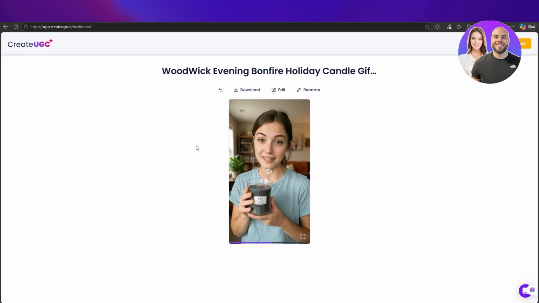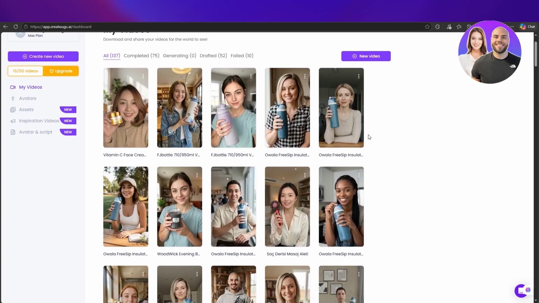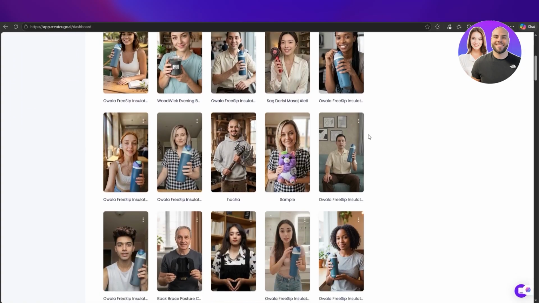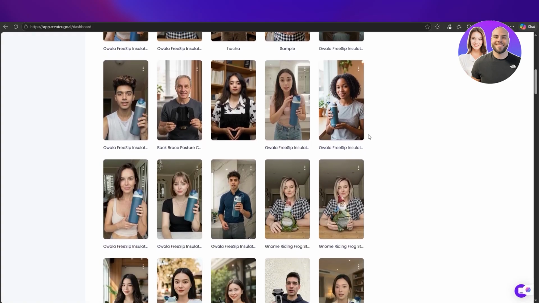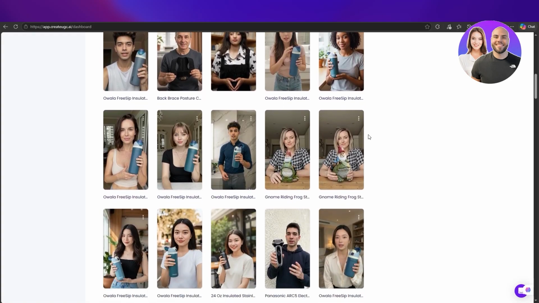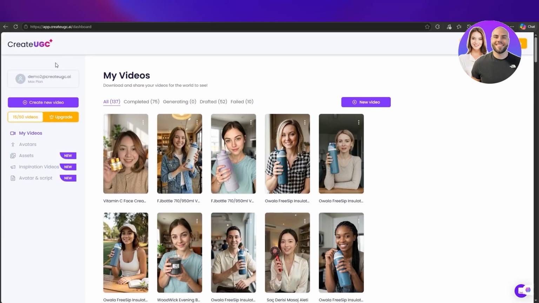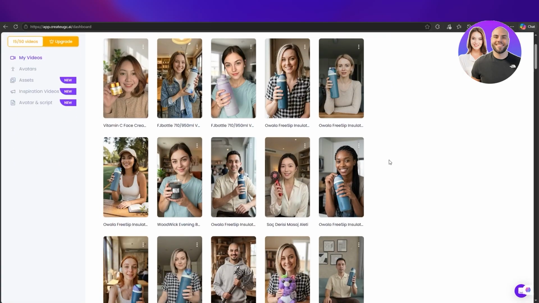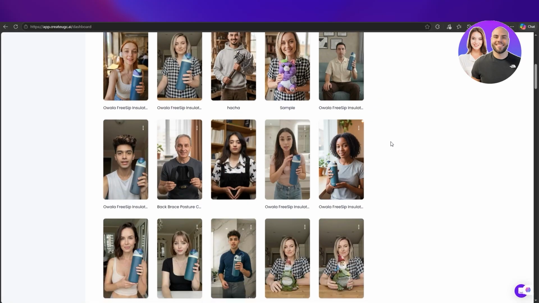And honestly, AI UGC is becoming so realistic that most people scrolling TikTok or Instagram can't even tell the difference anymore. So in this video, I'm going to be showing you how to create realistic AI UGC ads. Okay. And we're going to be creating these ads using Create UGC. We'll go through the full process, including choosing AI characters for yourself, generating scripts, creating videos, and making ads optimized